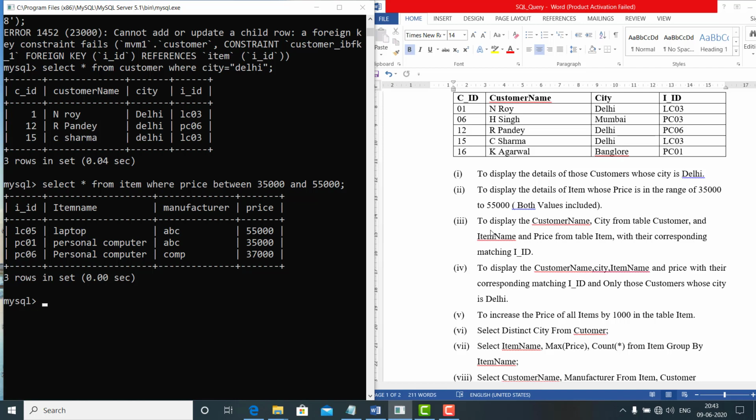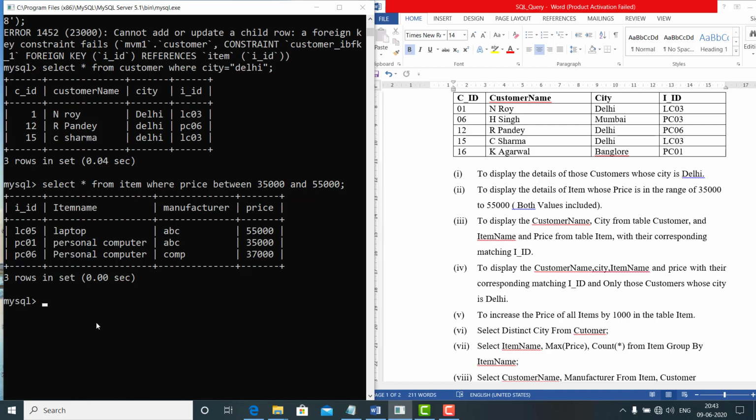We display the customer name and city from the customer table, and the item name and price from the item table. There is a correspondence: the IDs should match, meaning both IDs should be equivalent. Clear?